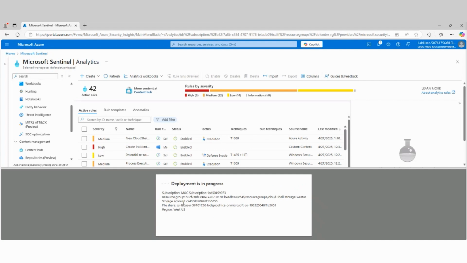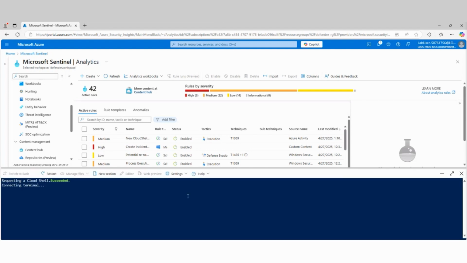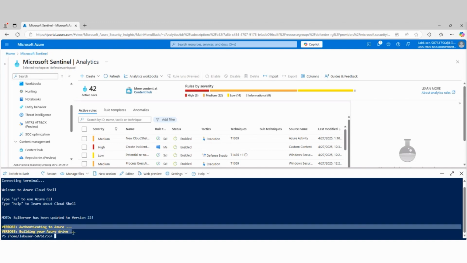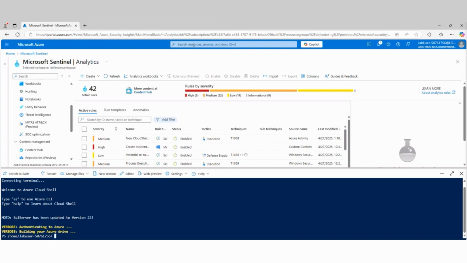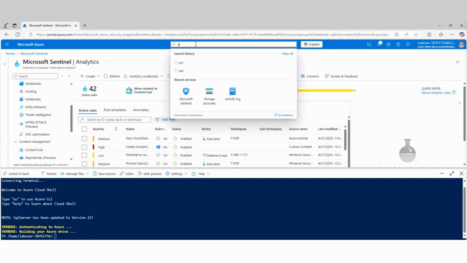Now, this is doing a few things. It's authenticating into the portal. It's going to create the storage account, which is going to generate some activity in our activity log, which is what we want. All right. So now it's gone in and created the storage account for us. It's opening up a session for us in PowerShell. We'll wait for this to connect to the terminal. Now you can see that it did authenticate me right here. So we're in. What I want to do now is take a look at the logs themselves.